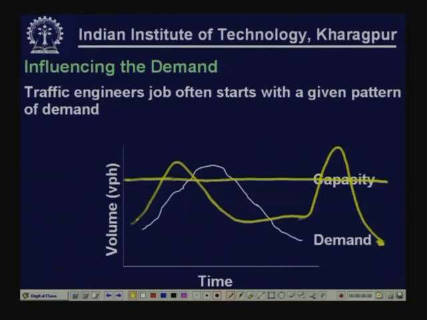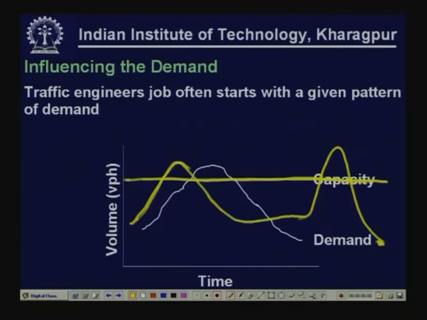So, capacity is fixed, and demand most of the time may be lesser than the capacity. At night time, demand is practically nil, but capacity does not change; capacity still remains. So, it is only at certain hours of the day that demand becomes more than the capacity and congestion is created. So, it may be worthwhile, wherever it is applicable, to think of influencing this demand pattern to make better use of the available capacity.